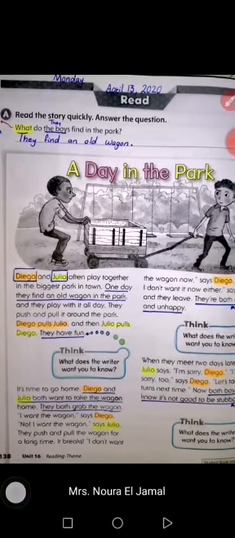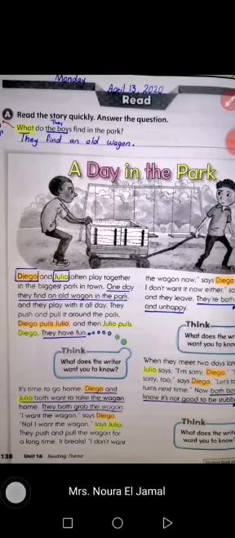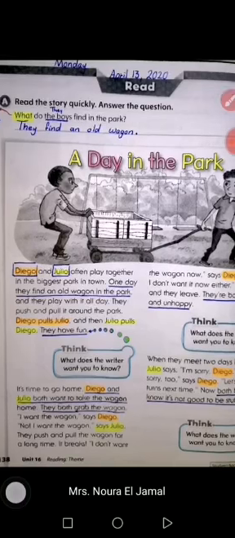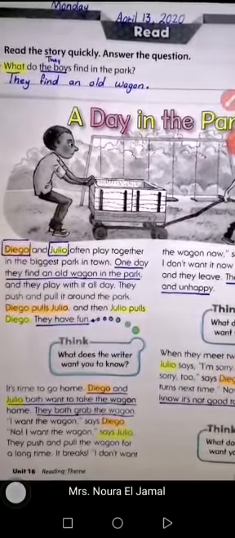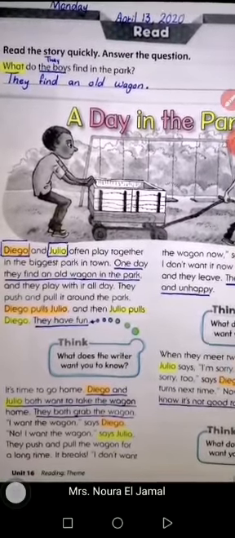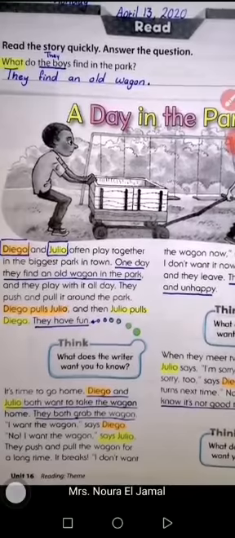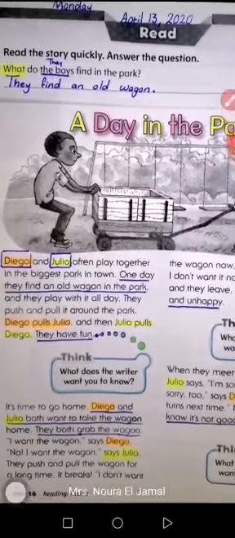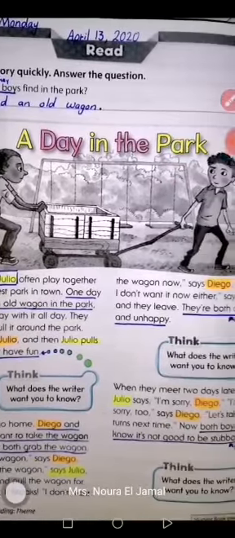It's time to go home. Diego and Julio both want to take the wagon home. They both grab the wagon. "I want the wagon," says Diego. "No, I want the wagon," says Julio. They push and pull the wagon for a long time. It breaks. "I don't want the wagon now,"